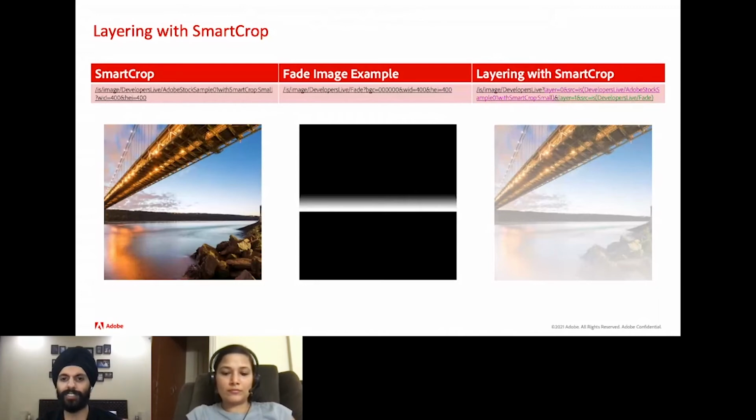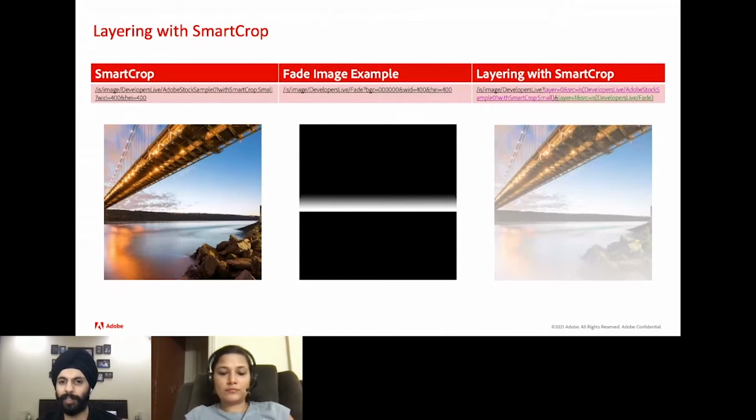Last on our list is borders. One can easily create borders using extend, effect, and grow functionalities in dynamic media. First example is simply using extend to create an extended border by extending the image in all dimensions and adding the color to the border. You can add the color of your choice. Next is using effect, blur, and opacity to create an outer shadow. And last is using a shadow effect, grow, and opacity to create an inner shadow.